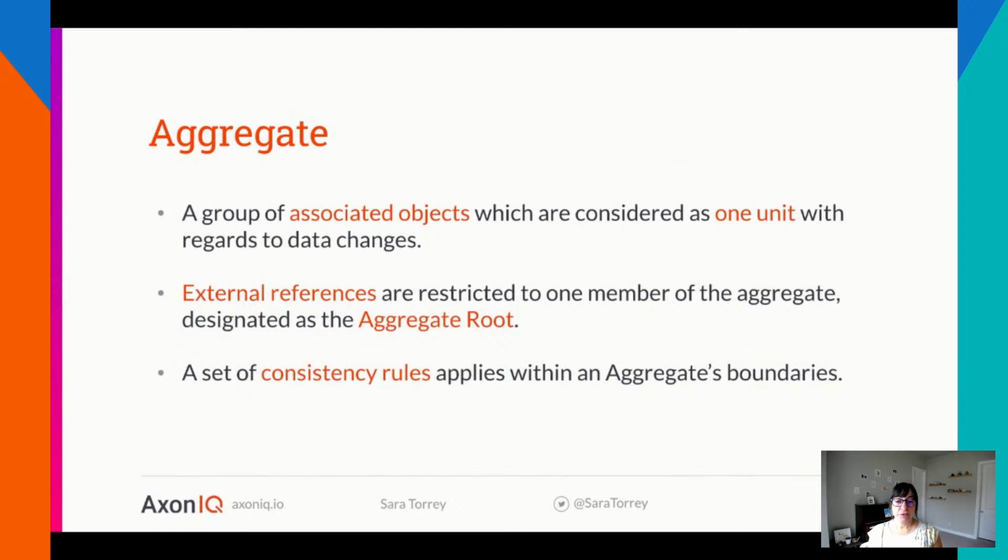And lastly, there are consistency rules within the car. For instance, I have to turn the key in the ignition for the engine to start running, or I have to turn the steering wheel in a certain direction for the car to move towards that direction.